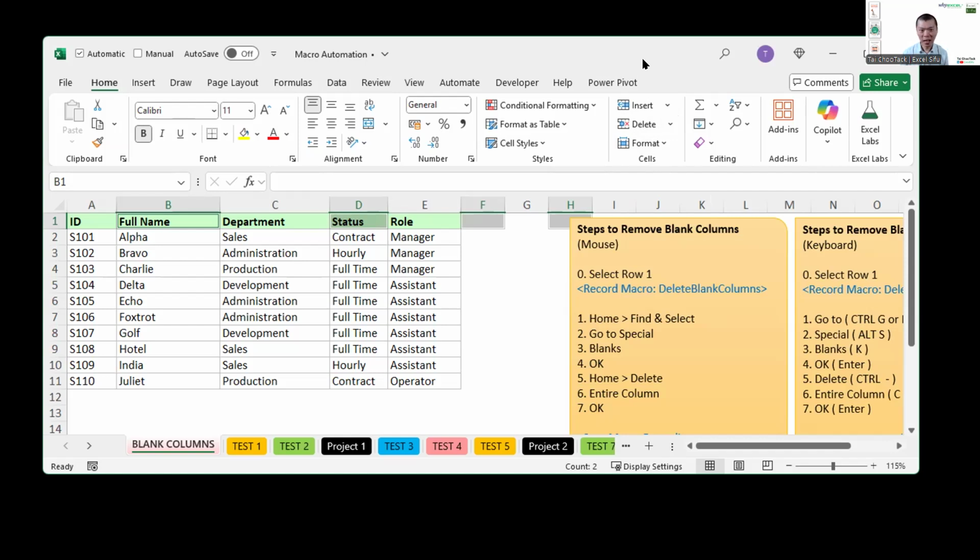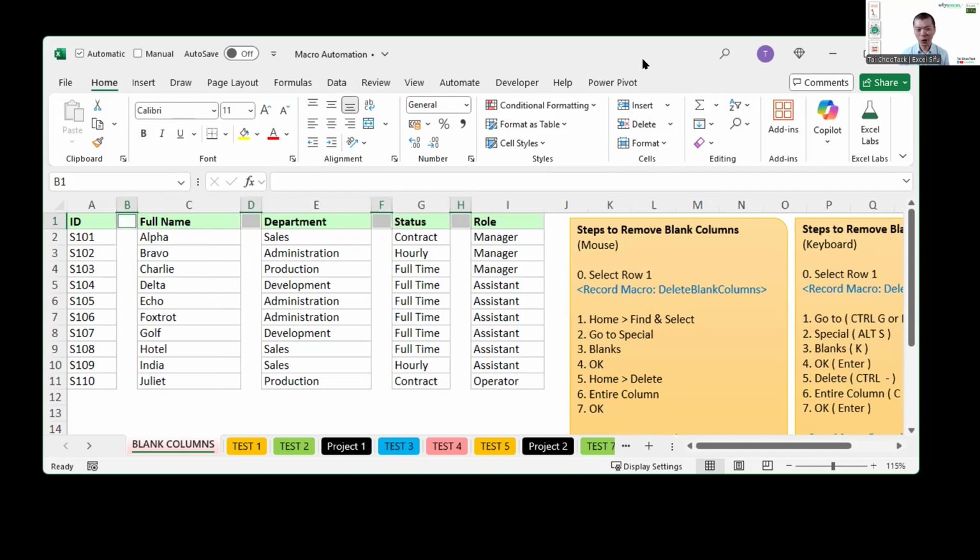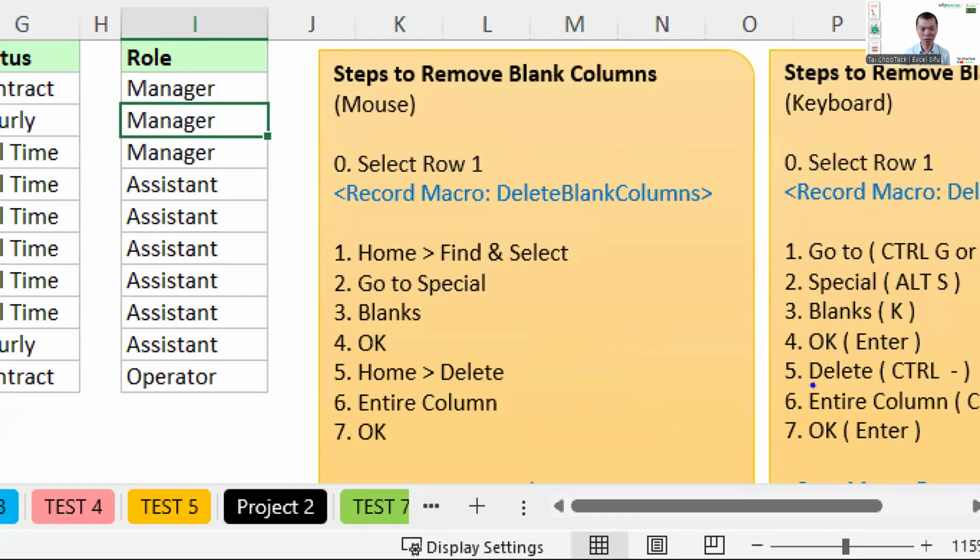And let's undo. What is the keyboard shortcut for undo? Quick pop quiz. Type in the chat. Control Z. Yes, thank you, SY. Thank you, Lim. Thank you, Cassandra. Yes, Control Z. And you will notice for the step here, we are going to record after selecting row number